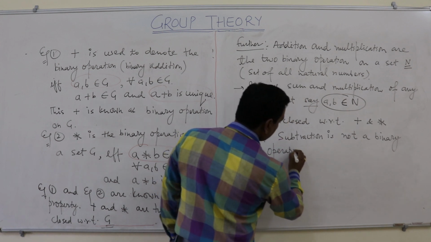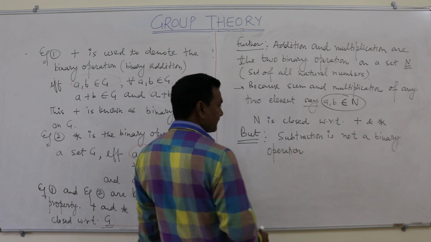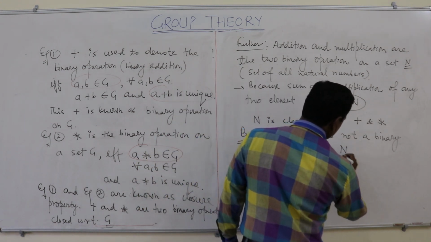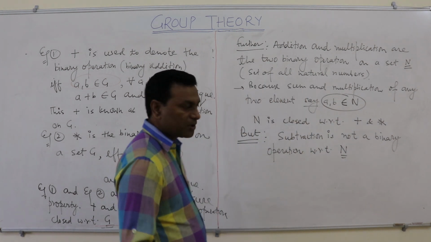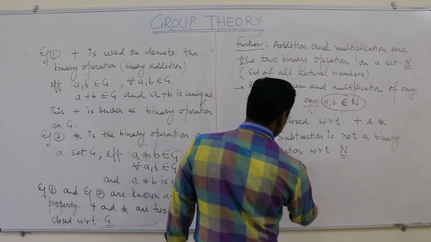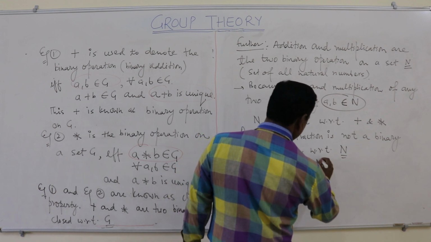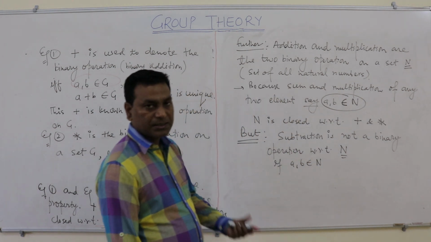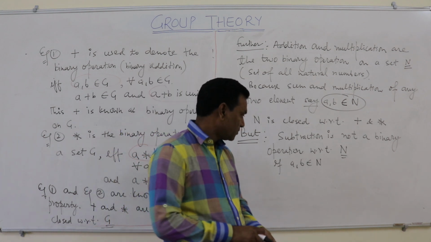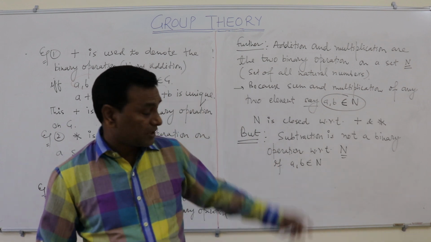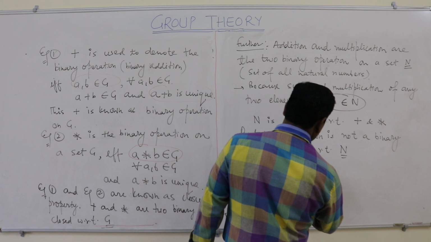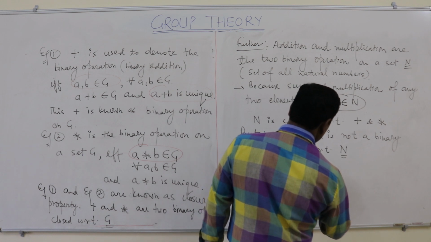This is not a binary operation with respect to N, because if a, b belongs to N, let us suppose there are two elements that belong to the set of natural numbers, and these are a and b. Then a minus b